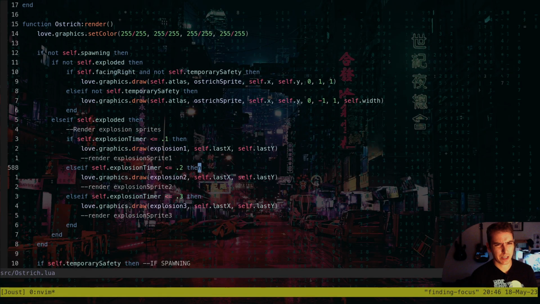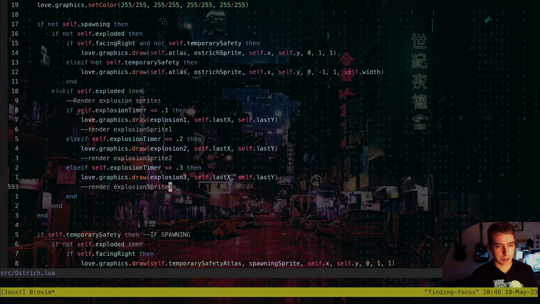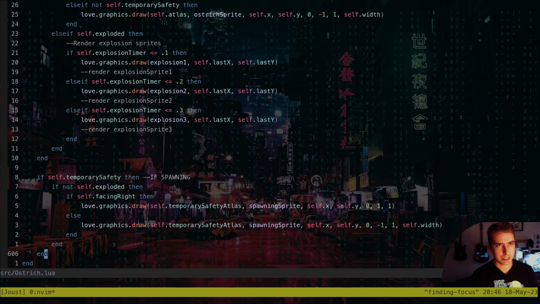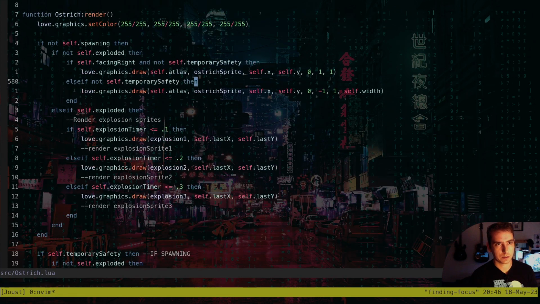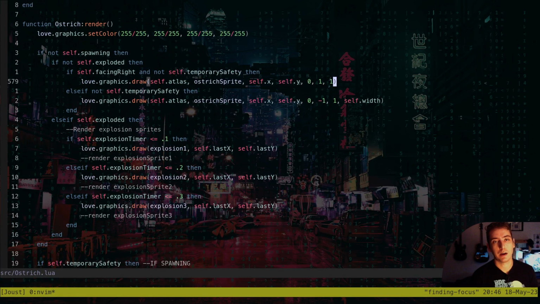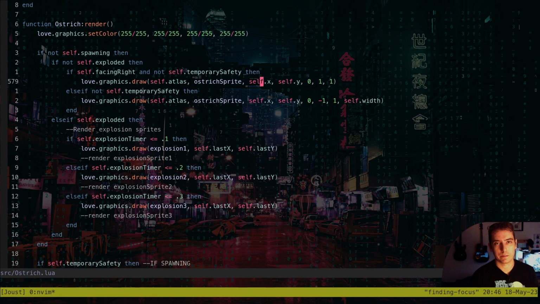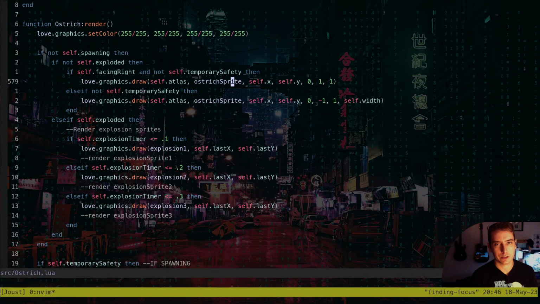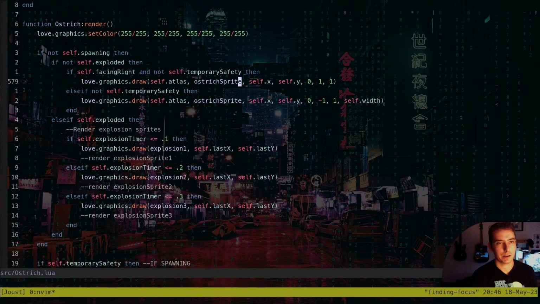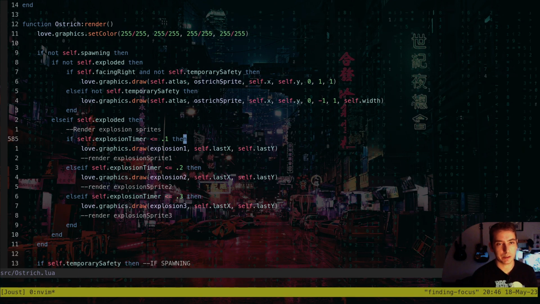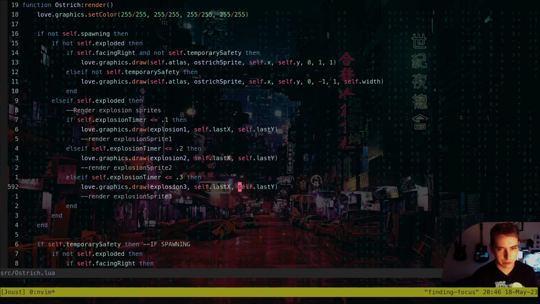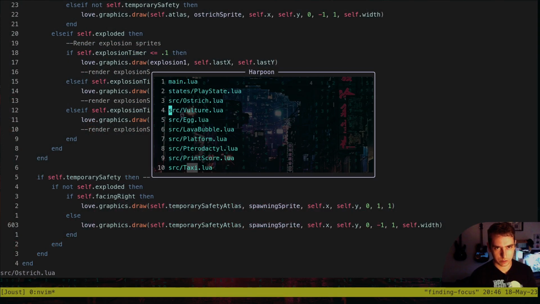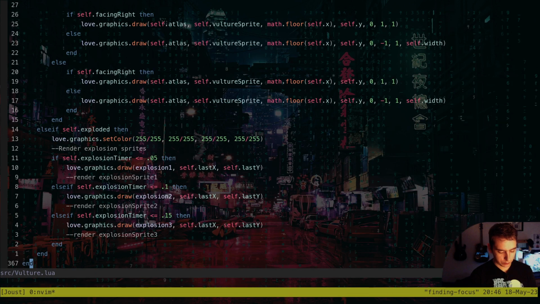So we're rendering explosions if we die. We're rendering a flashy sprite if we're in temporary safety. Otherwise, we just render our viewport at ostrich sprite. So we update our viewport in our update function, then we just render it here. And then if we're exploded, that's when we don't render it, we just render our explosion. Then there's that. If we take a look at our vulture logic,